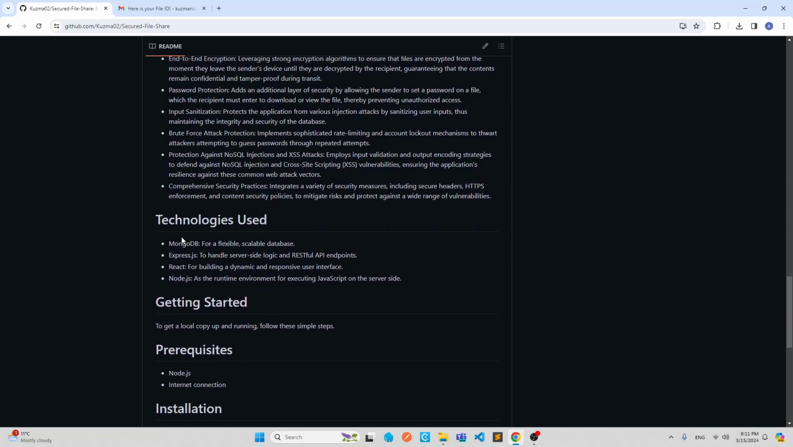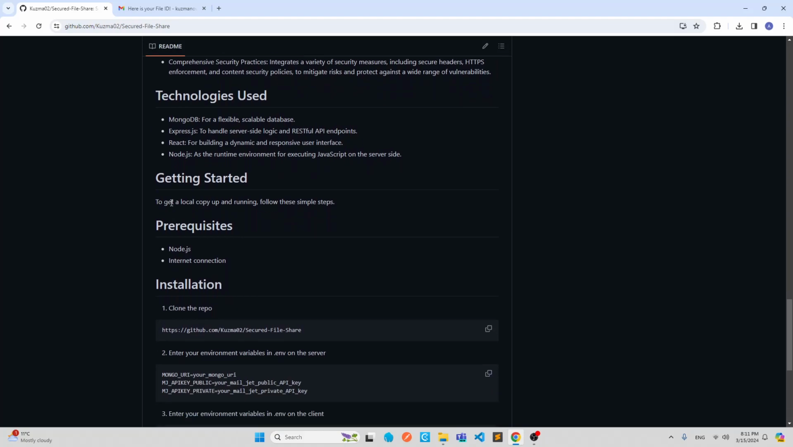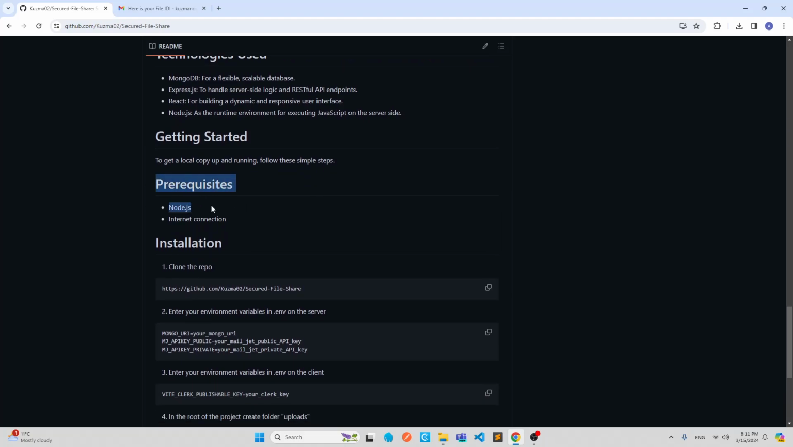So first we will go here and get a local copy and follow these simple steps. First, the prerequisites are Node.js and an internet connection. I assume you already have an internet connection since you are following this guide, but Node.js, you need to have installed on your computer. So go to